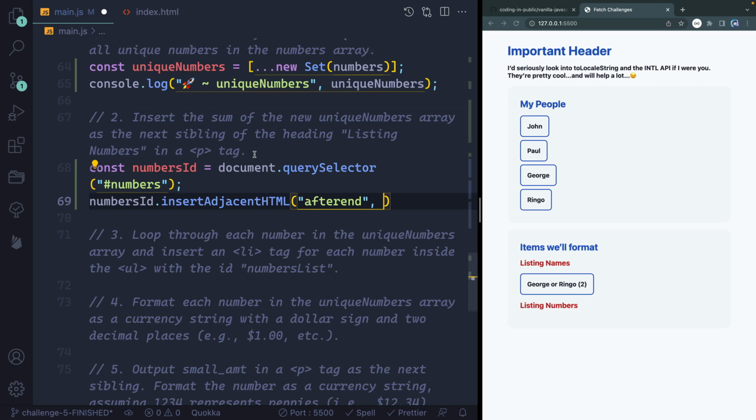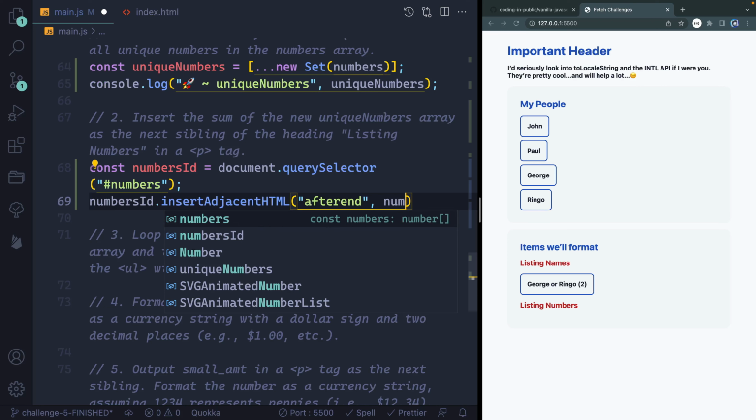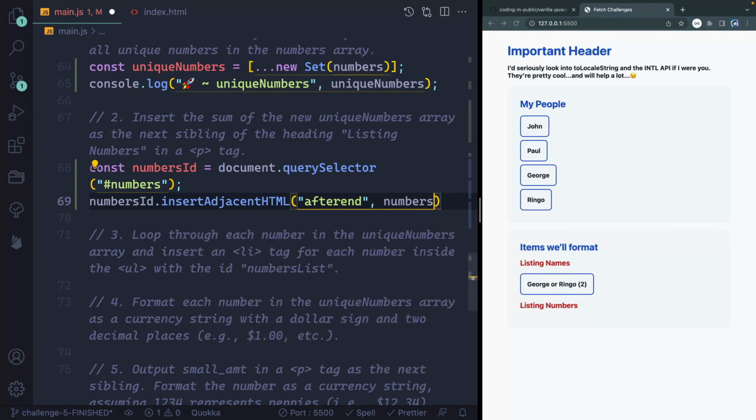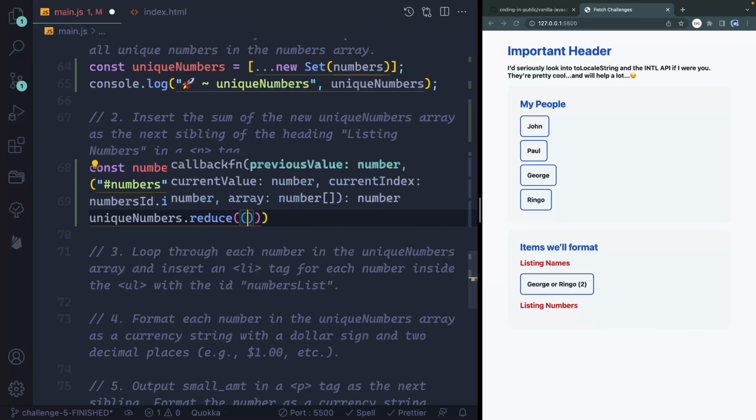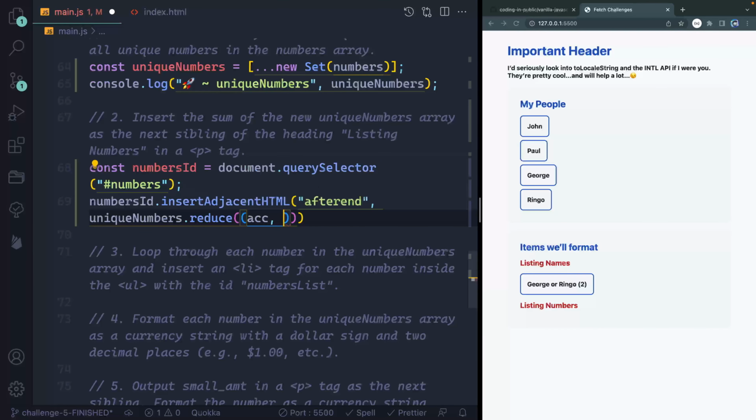Now, the easiest way to get a number from a list, an array of items, is to use the reduce method. There are other ways to do it too. Like you could map through them or, whatever you want, or have an external variable that you then call, but I'm just going to use the reduce. So I'll take my numbers, let's see right here, this array. Oh, and it needs to be unique numbers. So uniqueNumbers.reduce,